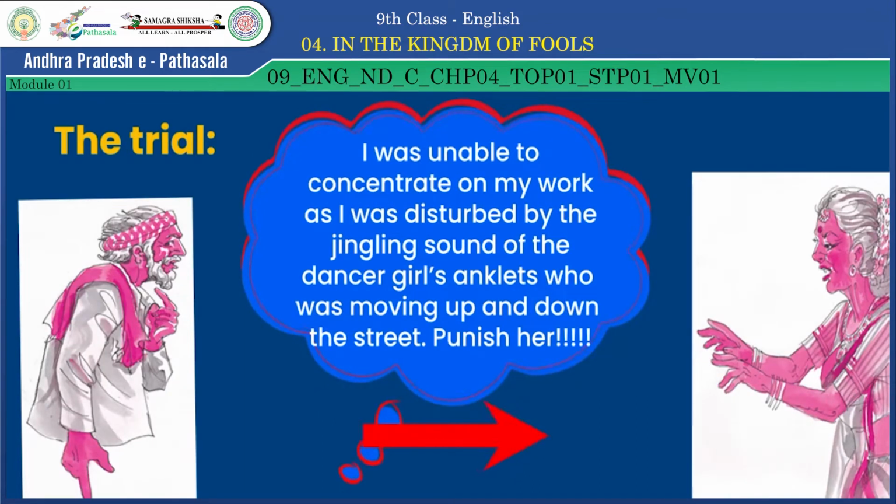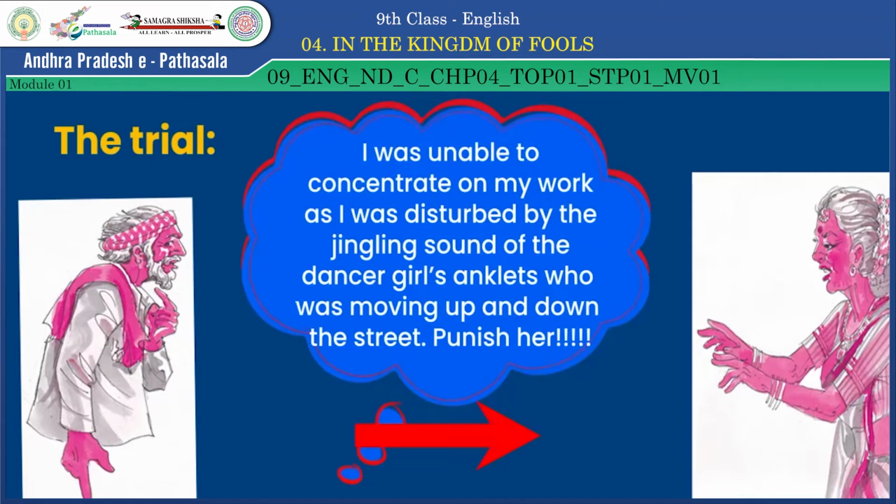The dancer girl reached the court of the king and came to know about her punishment. She recalled the day that she had given an order of ornaments to a goldsmith and her order got delayed. So she had to move about the street many times, disturbing the bricklayer. Now she said that the real culprit would be the goldsmith, not her. The king thought for a few moments and found the answer of the dancer girl correct. So he announced punishment to the goldsmith.